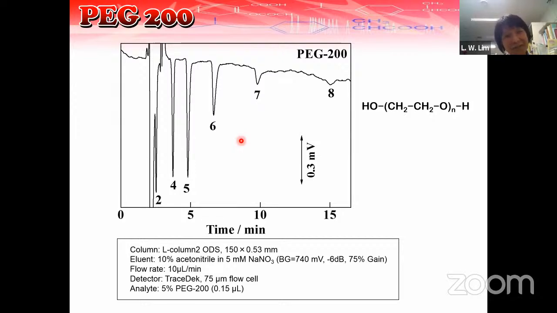So this is how, when we want simultaneous determination of anions and cations at the same time using this contactless conductivity, the same detector is being used for capillary electrophoresis. So maybe when I talk about electrophoresis, I will share some of the